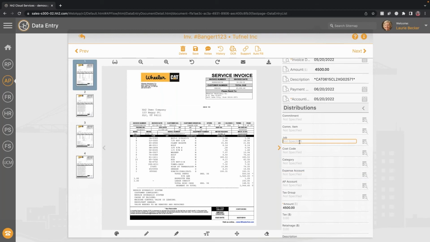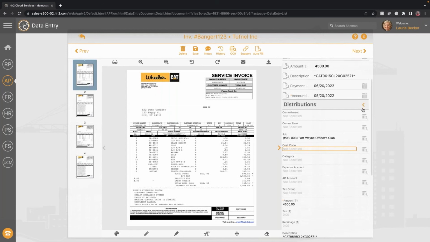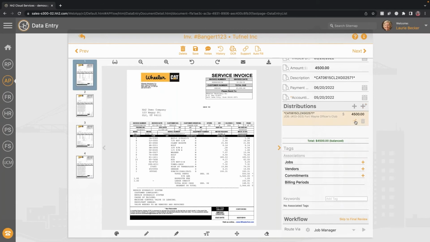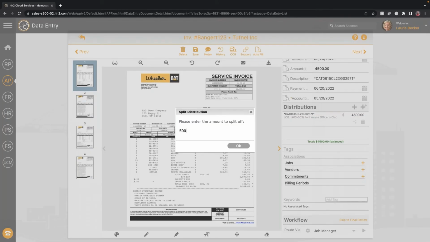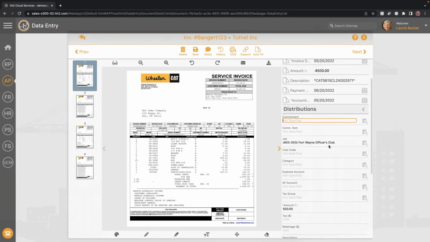I'm just going to type in the job 003 here. And let's say I'm going to allow someone else in the company to fill in the cost code category. Maybe I don't know that. And so as part of our company's process, I fill in the job and someone else fills that as part of the approval process. And I might say, you know what, $500 of this is also broken off,